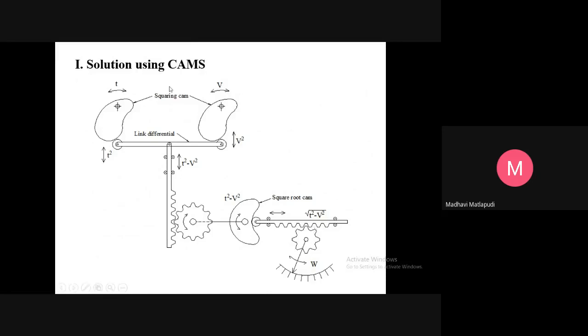But that W value will be square root of T square minus V square. So you put some value of T here as 5 seconds, V as 10 meters per second, then you get a W of square root of 5 square minus 10 square. Of course, you should take the positive values. Then you get a W indicating on the scale. So this is how a mathematical expression can be used to draw block diagrams, and from the block diagrams you can design a mechanical mechanism with components.